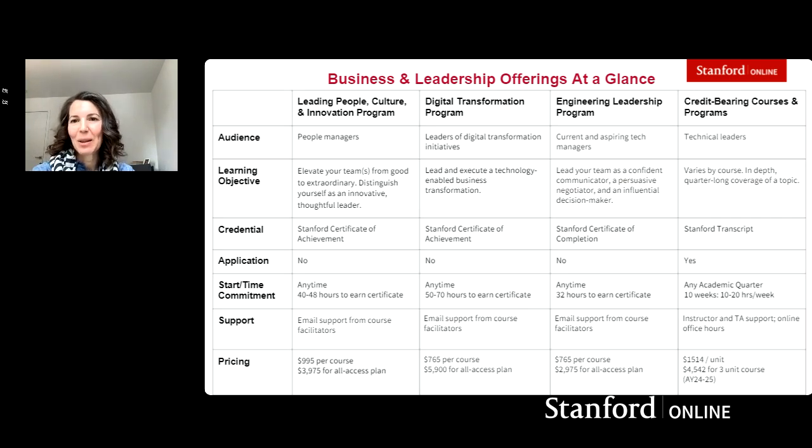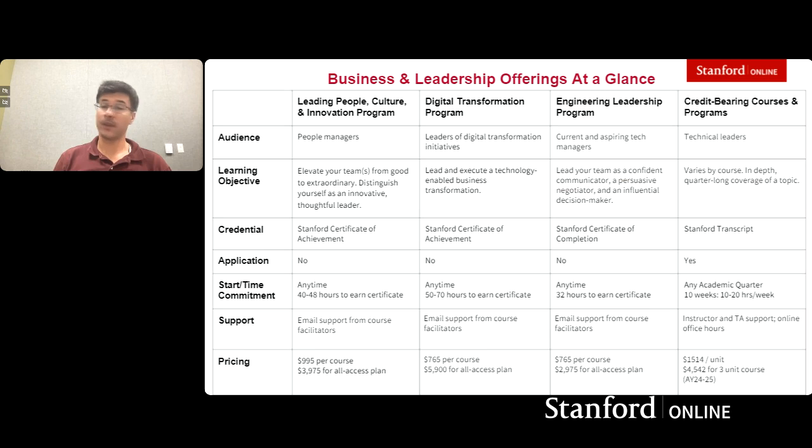Question again about credit bearing. We're within the School of Engineering, so most of the courses that we're extending are going to be School of Engineering courses. The other departments that we work with at the master's and certificate level include management science and engineering and computer science. The largest number of courses that we extend, perhaps unsurprisingly because we're Stanford and we're here in Silicon Valley, are in computer science, chemical engineering as well, and aero and astronautics.